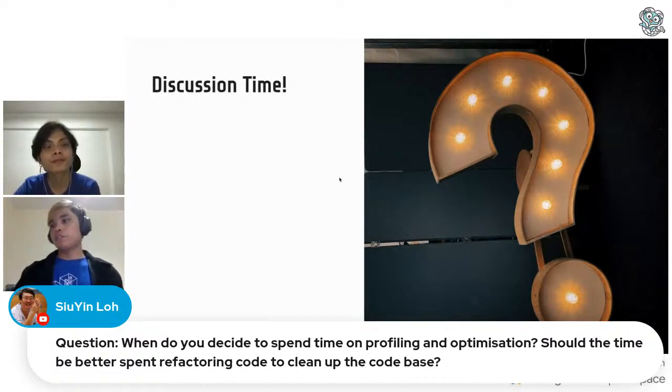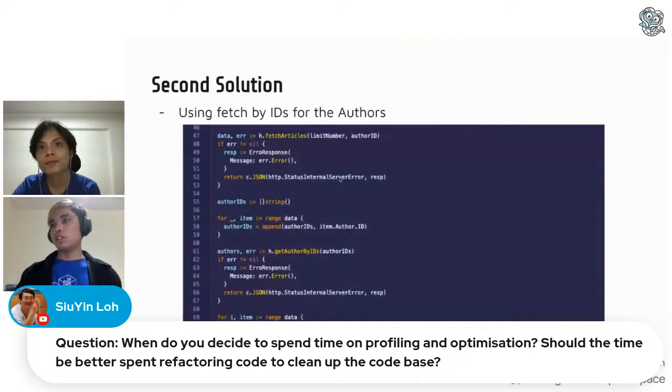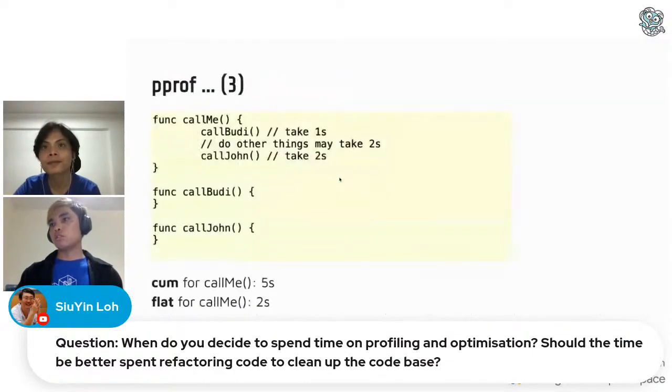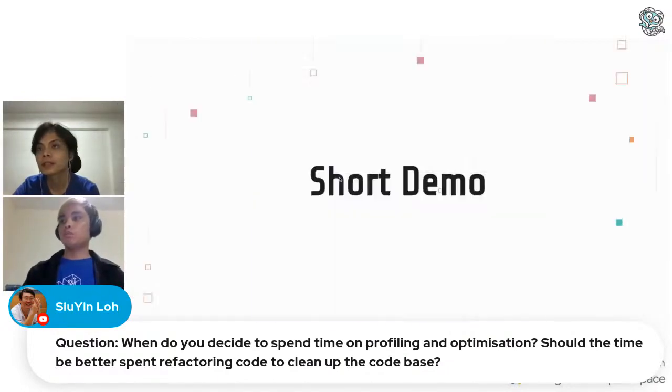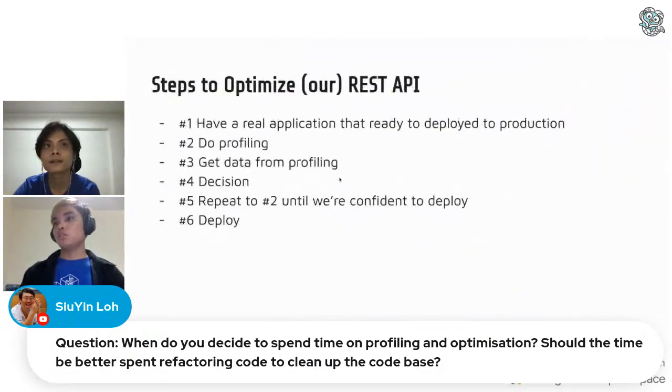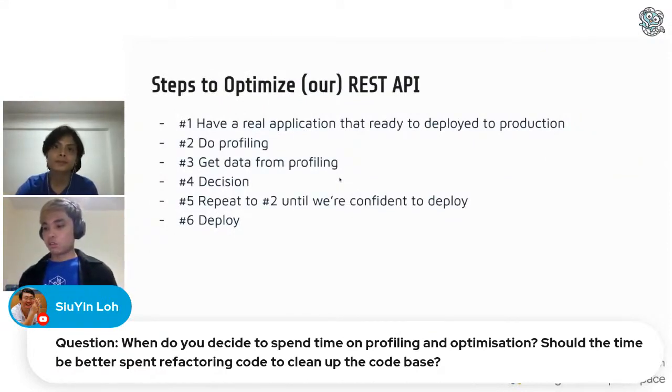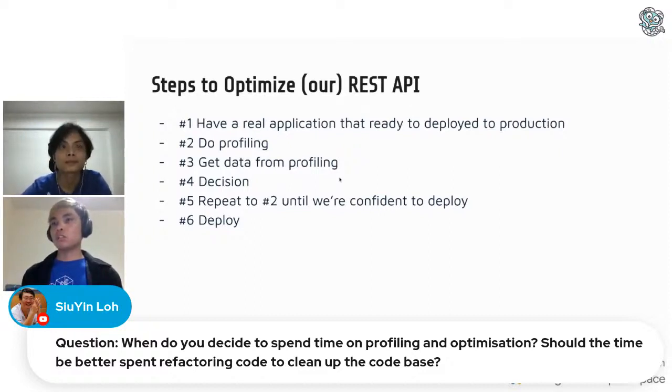I think I've said this in a previous slide. When should I do profiling? It is before I deploy my application. When you have a feature, maybe a new feature, you need to do profiling first, to know what your server needs, and maybe to know if there's any slow code that we can improve, even if it's a bit, it's still helpful.